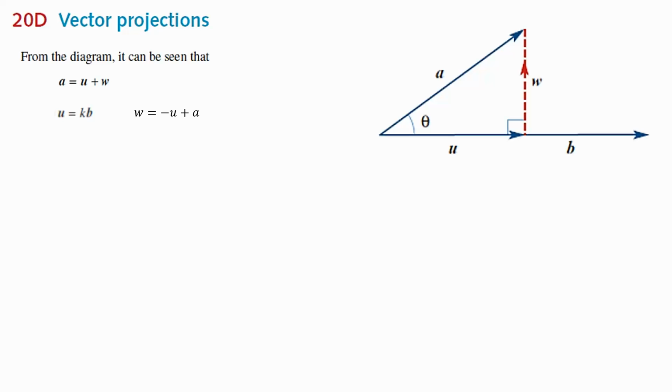Our goal is to figure out, if I was given just vector A and vector B, how I can find vector U. That's what I want to do. I've got two formulas and two unknowns. So what I can do now is say this. What we can see is W is perpendicular to B. Because W is always the vertical component, it's always going to be perpendicular to B. If it's perpendicular to B, one of the things we learned yesterday, which I mentioned,